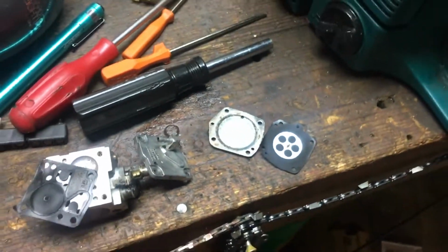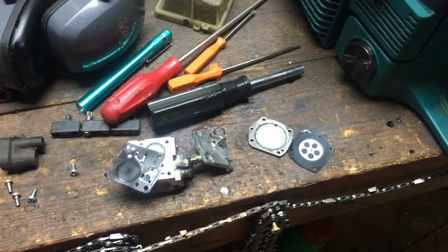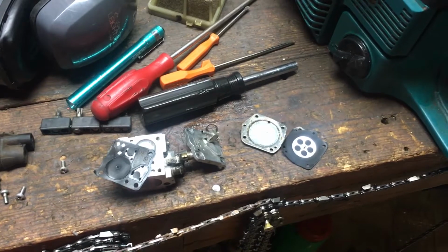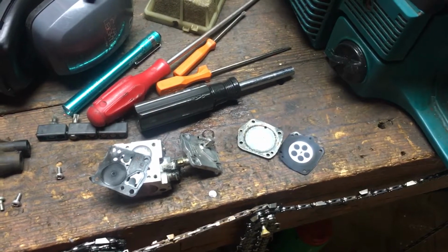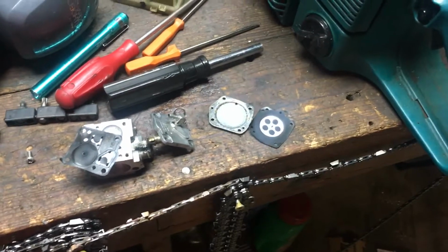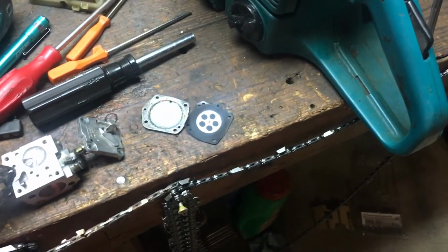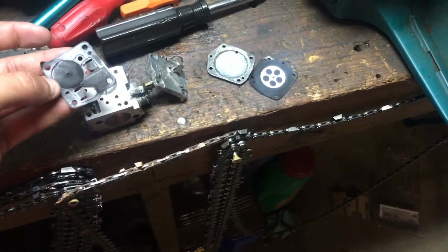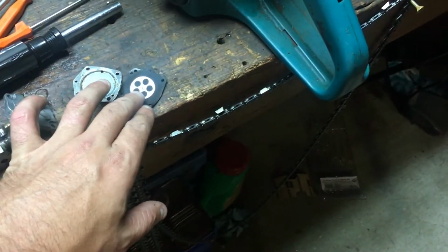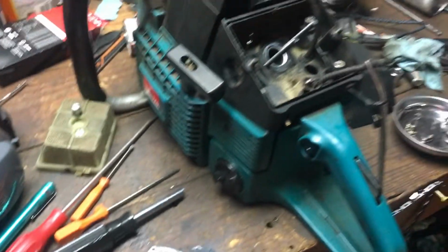So, right off the bat, that's a pretty serious issue that I found. And very well, I don't know, I mean, it's quite possible that could be the issue. So this weekend, I'm gonna put the gaskets in. This carburetor has been rebuilt relatively recently. It doesn't seem like it's been rebuilt that long ago, to be honest with you. They're still really pliable, so I'm going to put some gaskets in there and see if it doesn't change the